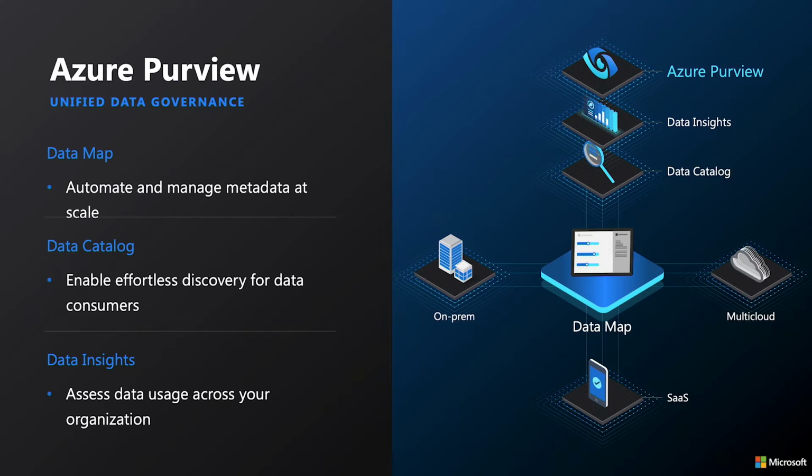For data sources on-prem, we provide you the ability to host the scanning infrastructure on your on-prem so that the classifications and automation happens on premises behind your own firewall. And for data sources in the cloud, we connect to the different data sources, scan and classify the content in order to be able to create an active metadata graph. Now, once you've created an active metadata graph that's always kept up to date, then you can use that to